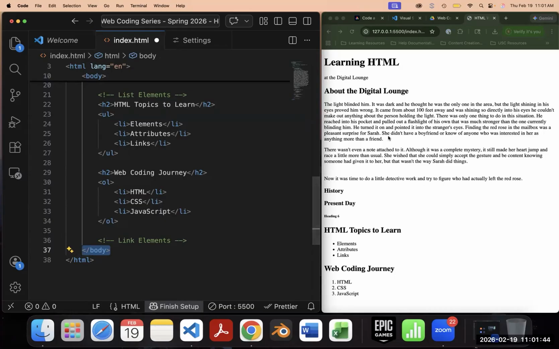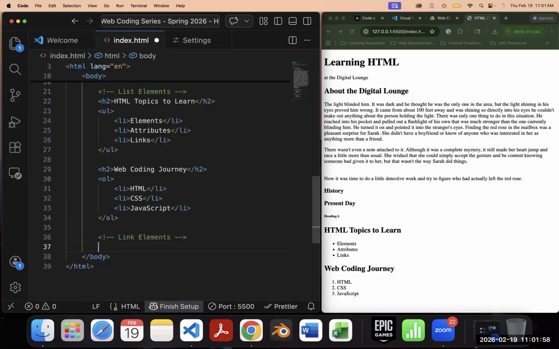So just make sure if there's any content that you're trying to add that it's within your opening and closing body tags. Now, to add a link, we use what is called the anchor tag. That is just with the letter A. It's very similar to our P tag for paragraph text, but instead of a P, it's an A. And anchor just basically stands for the thing that you're clicking on to go to a